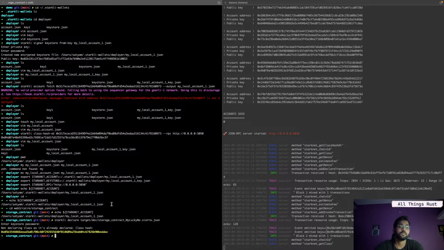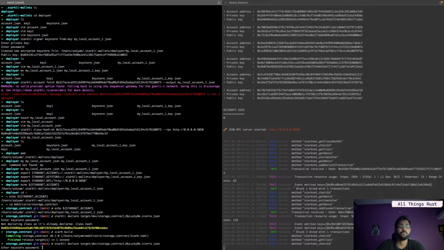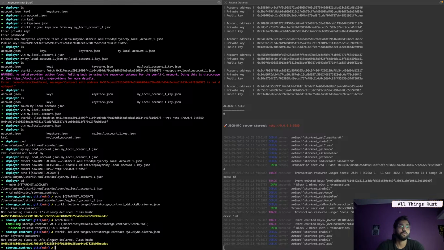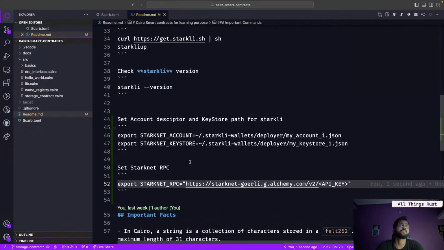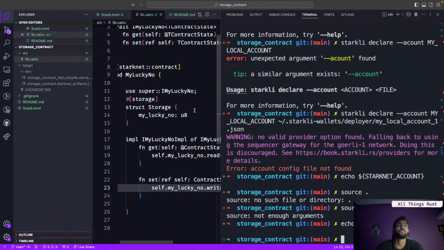Okay, maybe build 1234. Okay, class is already declared, so I want to change something in this file so that you know